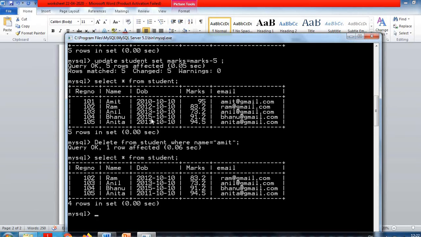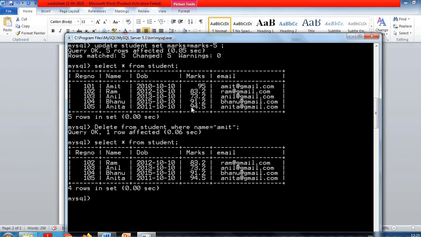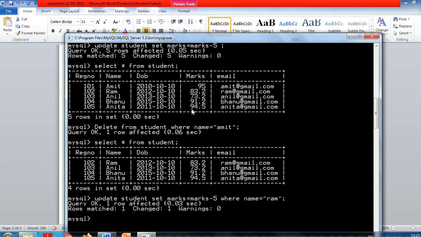There are two important pairs of commands: delete and drop, and update and alter. We will discuss the difference between these practically in the next class. In this class we can do two or three more practicals regarding update commands, like this: update student set marks equal to marks minus 5 where name equal to Ram.